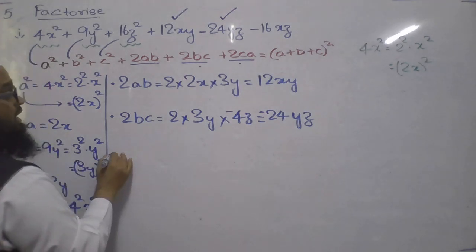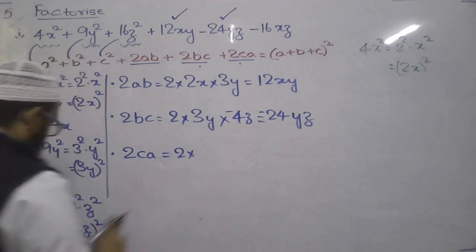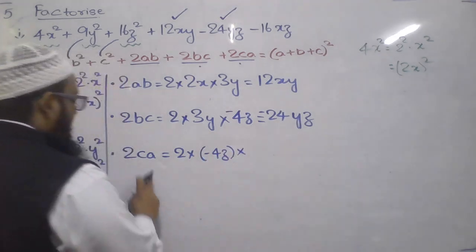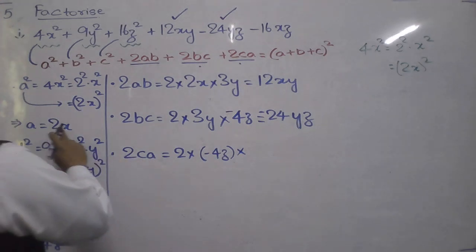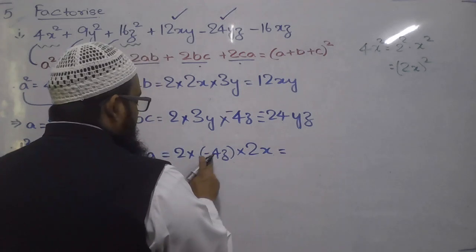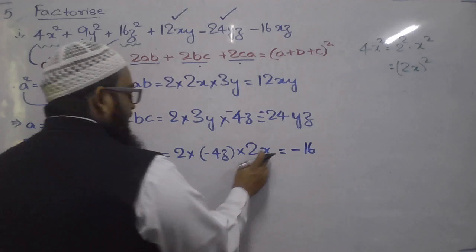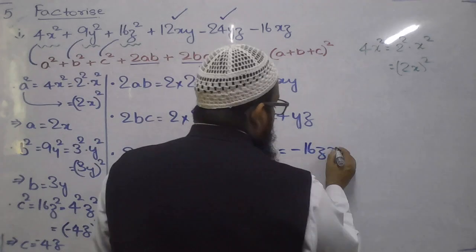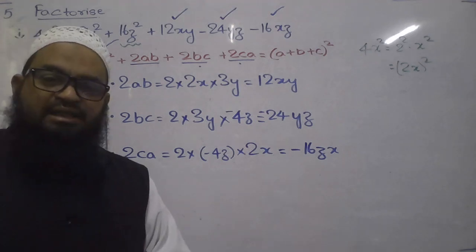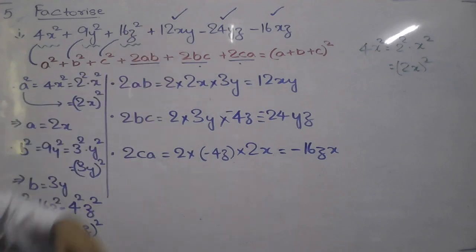So now, what is the last one? 2CA is equal to 2 times, what is C? Now it is minus 4z, multiplied by A. What is A? We got it as 2x. So that is equal to 2 plus into minus, minus 2 4s are 8, 8 2s are 16zx. Is it satisfied? Yes, sir. 16xz and 16zx are the same, right? So that implies, now since everything is satisfied,